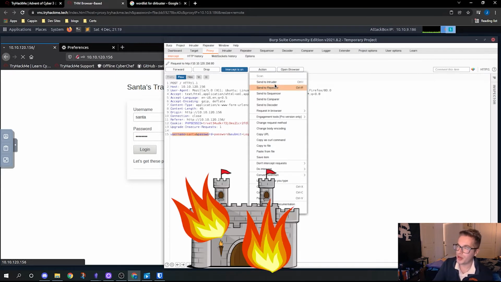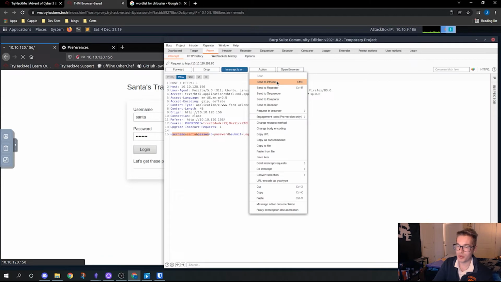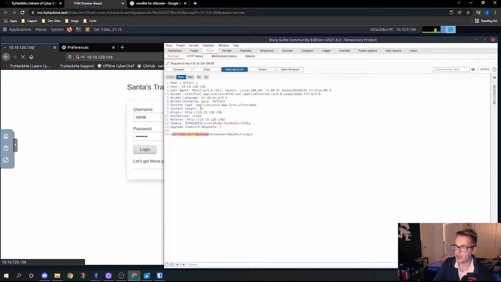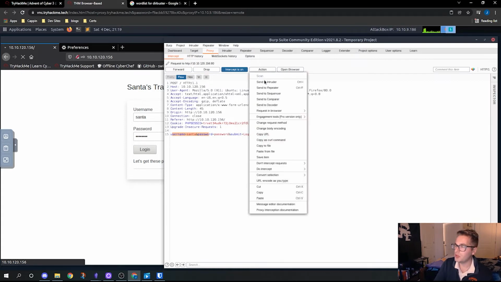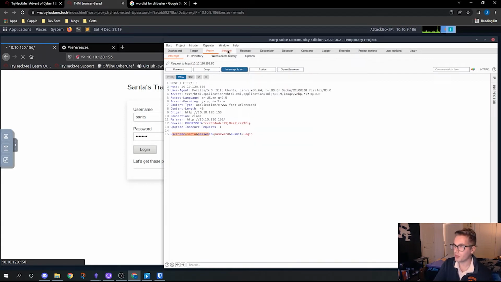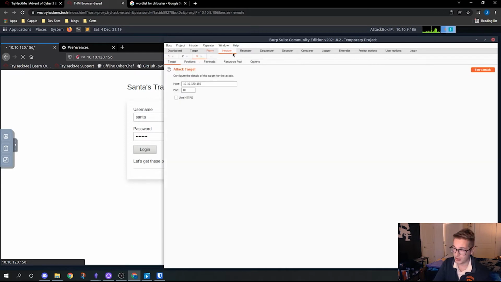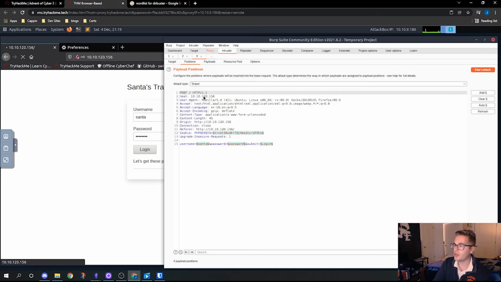And the tool we want to use is the intruder tool. There are so many things here. This video is not going to cover them all. It's just going to cover the intruder. So what we're doing here is we're taking this packet, we're capturing it, and we are going to send it to the intruder software that is within Burp Suite. We come over here and we can see the attack target is the host and the port. And if we look over at positions, we see that we